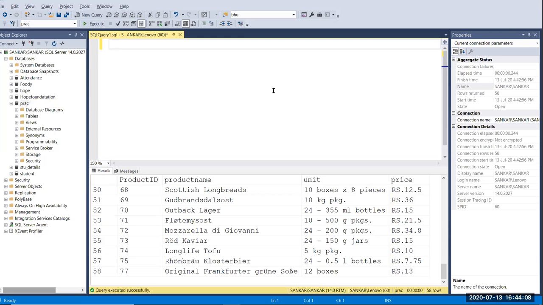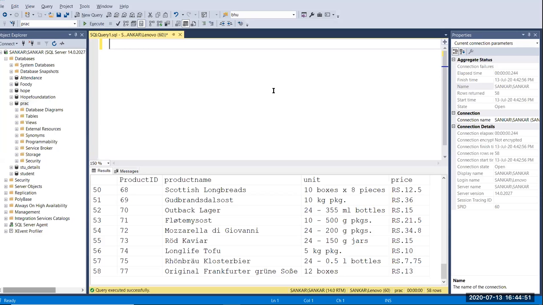While creating a table, the primary key is used to identify the records. How many records are in your table, we can identify by using the primary key. The primary key is only one in the table, but for the foreign key we can use one or more keys. The primary key is used to identify your rows. Primary key is a unique key, and it is an auto increment key.